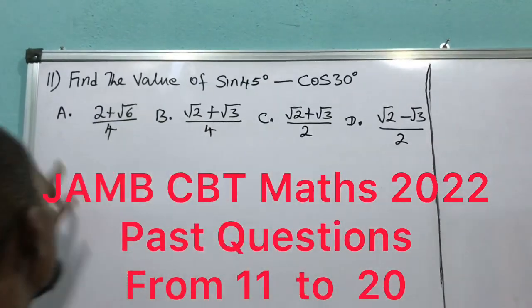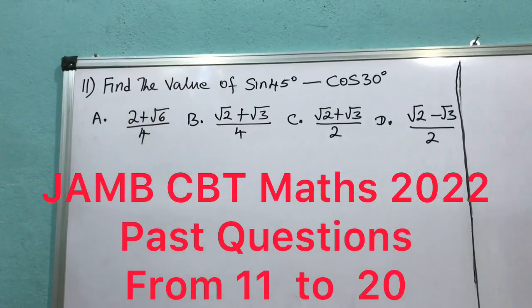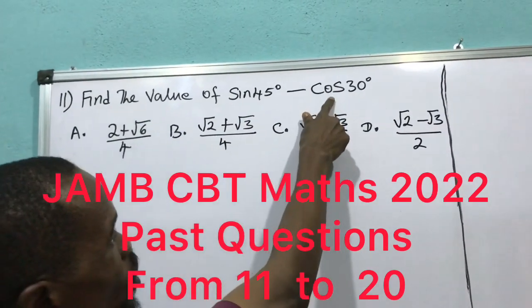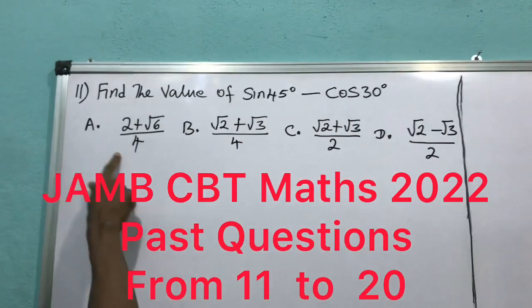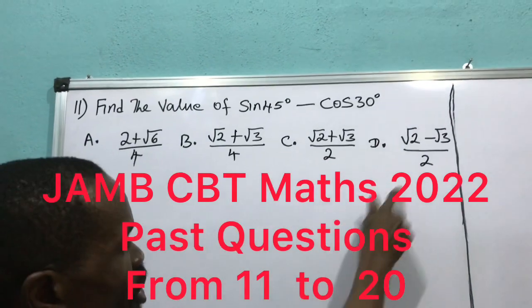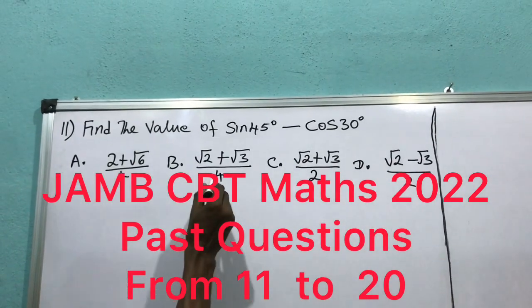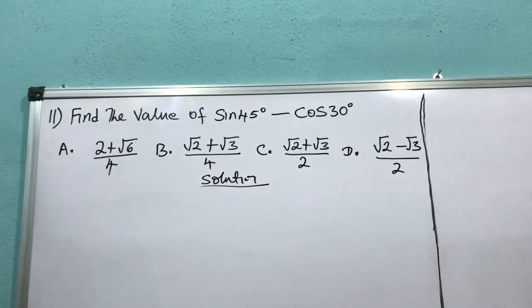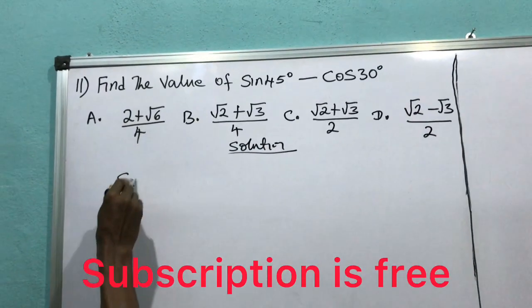This is question number 11. Question number 11 says the value of sine 45 minus cos 30. Option A, option B, option C, option D. Let's go to solution. Our solution says sine 45